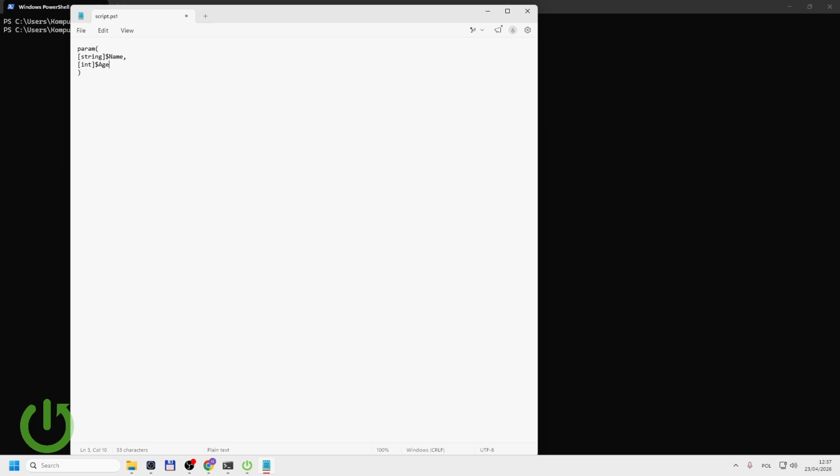Now these are our parameters, and we have to do something with them. So let's just print them below. So Write-Output, and with the name of name and age of age, like this. So we are basically printing the name value and the age value that will be provided by user. I will save that,